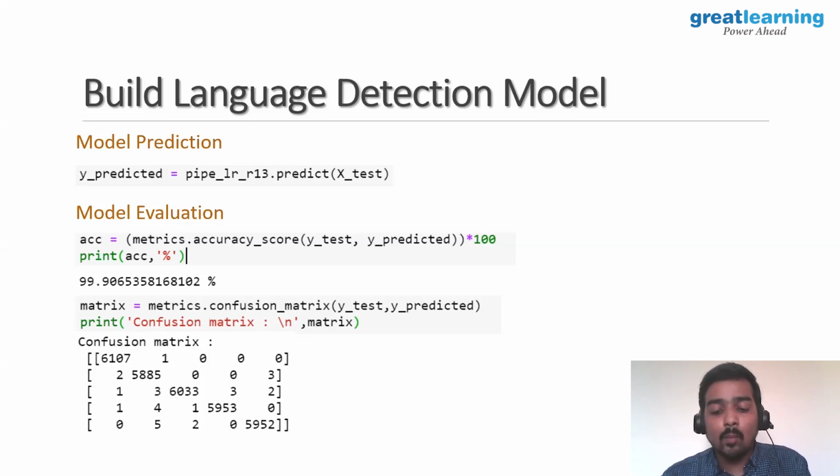Does it increase the complexity and performance? Yes. Increasing the complexity is definitely an obvious thing here. Why? Because you are shifting from word to character. But here you have limited the n grams to 1, 3. Right? And also to improve the performance, you can use some additional parameters like removing the stop words, or using the max df and min df parameters, where you can remove the words which are appearing in almost all the documents.